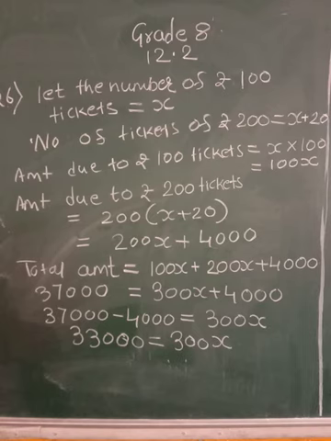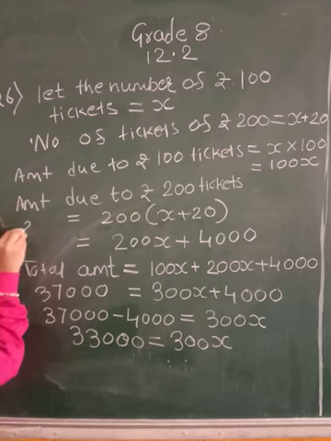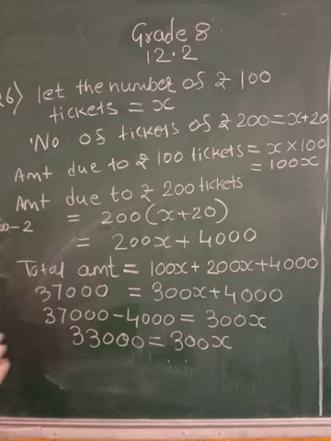Up till here is it clear? It is very simple. Again I am telling you, for example, there are 2 tickets of 100 rupees. 2 tickets of 100 rupees were sold. And 200 rupees, for example 5 tickets are sold. 5 tickets of 200 rupees were sold. That means 200 rupees tickets are sold compared to 100 rupees by 3 more. Are you understanding me? So here I have taken smaller numbers, 2 and 5, for you to understand.